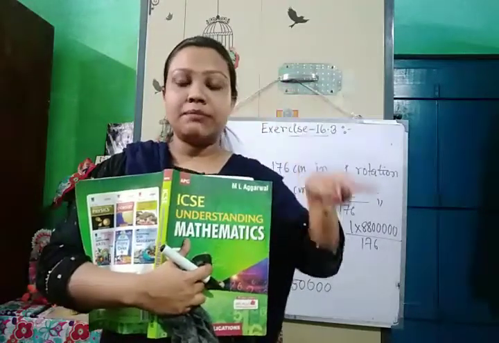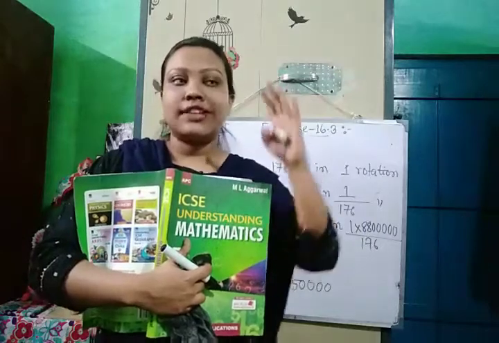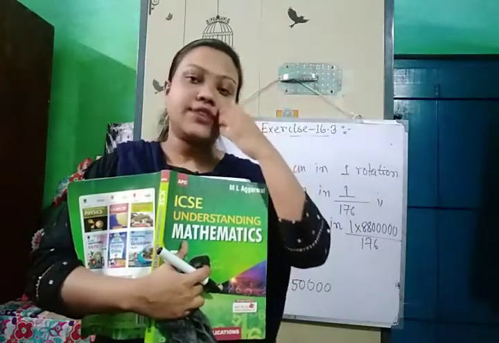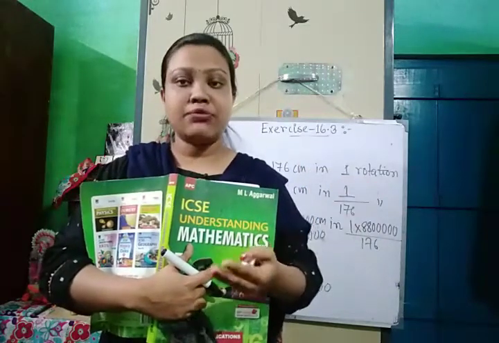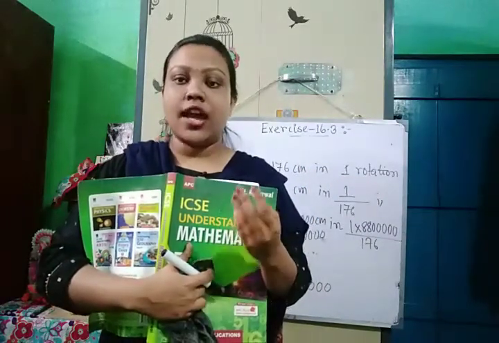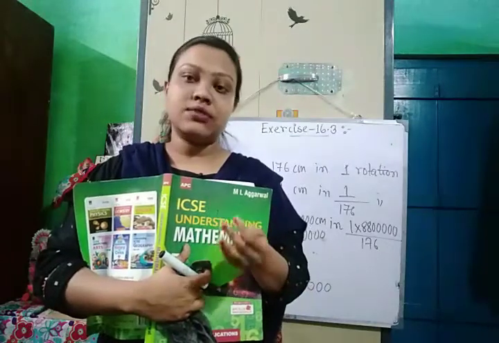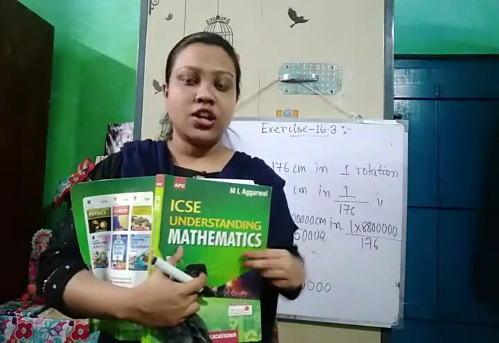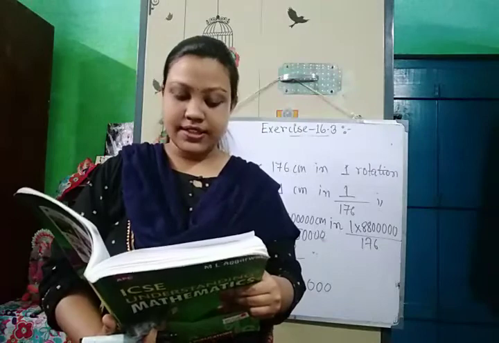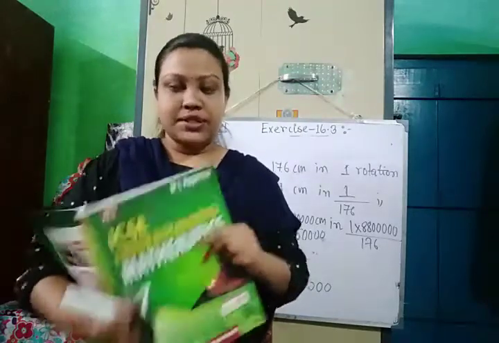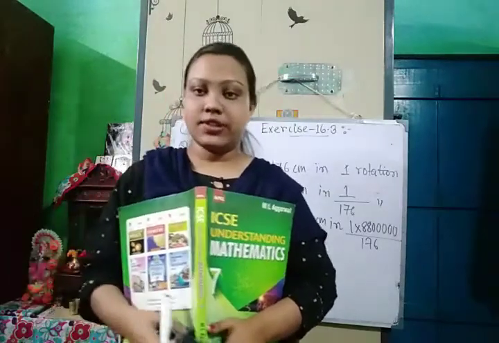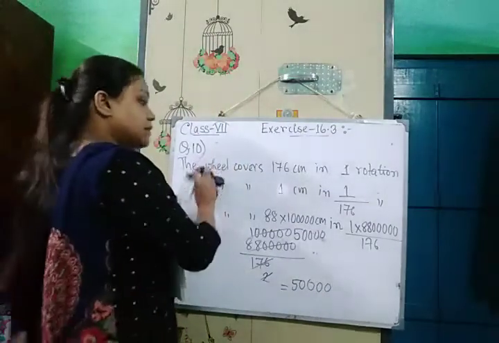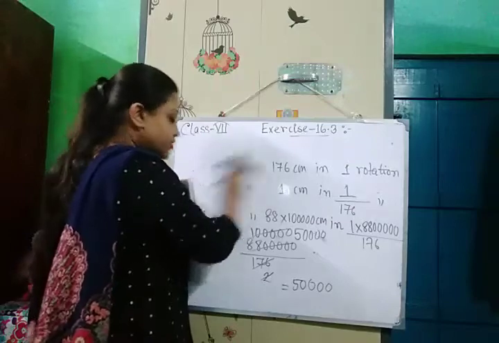First we will find out the perimeter of the triangle. So that perimeter is only the circumference of the circle. So the perimeter will be the same as the circumference of the circle. And then we will assume that the radius of the circle will be r centimeter. What is the unit here? Yes, centimeter. Okay, and from that equation we will find out the radius of the circle. So first we will find out the perimeter of the triangle, sorry.